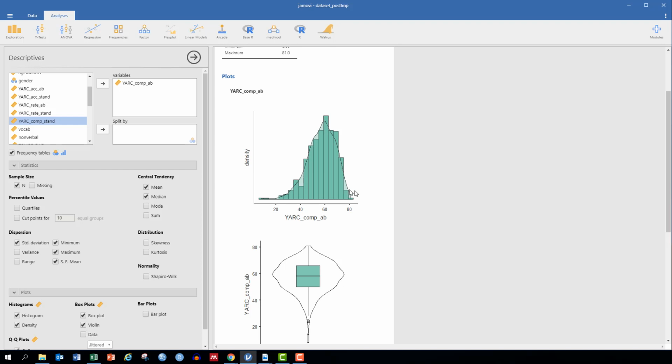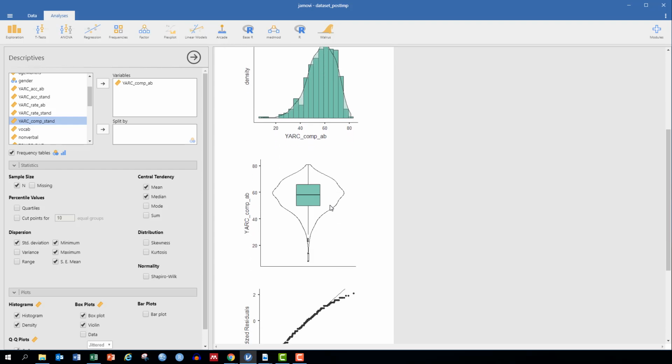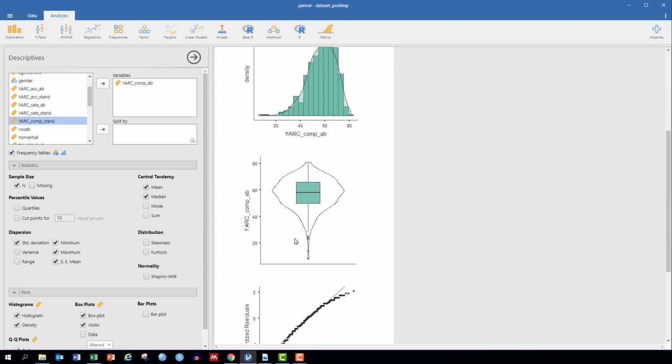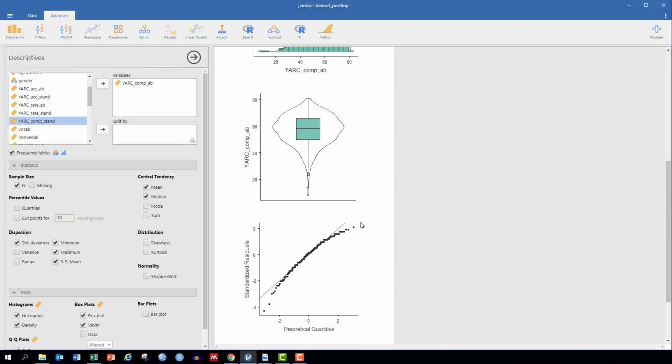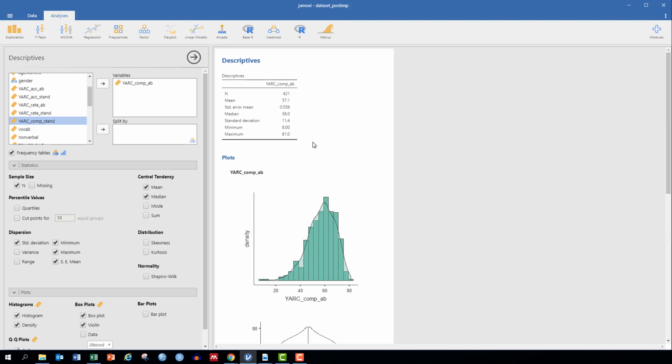Again, the top score was maybe too low for the high achievers. And we can see from our box plot that except for the outliers, it's a very nice distribution. Same with the QQ plot. We can see that at the tails, the data deviates from normal, but for the most part, it follows the normal line. For the last thing we're going to do in this video, we want to see if comprehension differs